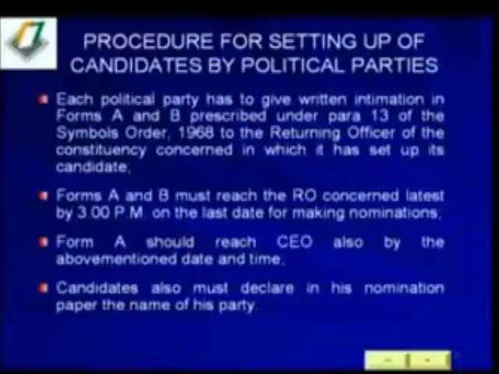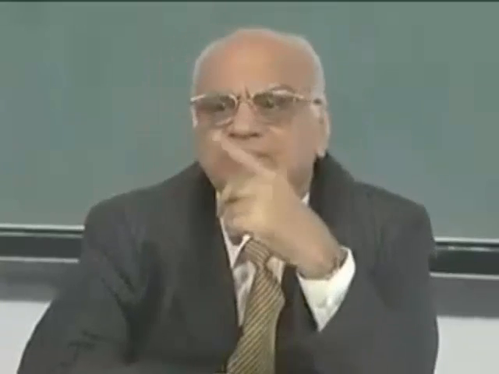Let me explain here itself how a political party will be setting up a candidate in your constituency. Because, as I have said, a recognized national party will require only one proposer. But how will you know that he is a person who claims to be a candidate of a party? Actually, he is a candidate set up by that party, and at the time of scrutiny and further proceedings, you will be required to decide whether he is to be treated as a party candidate or not.